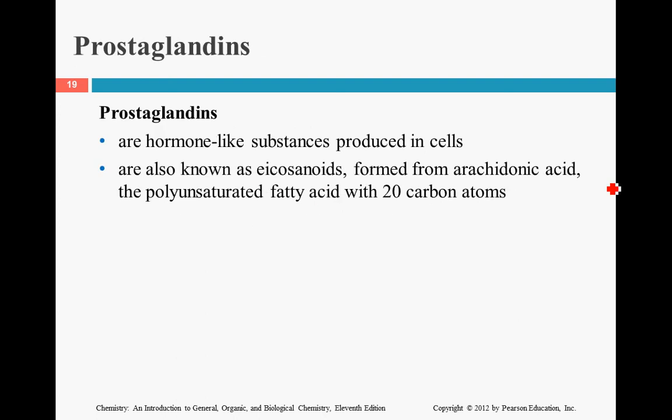We're going to switch gears a little bit and talk about how these react in our body. Prostaglandins are a hormone-like structure that has 20 carbons. Icosanoids is what they're also named for, and that's because ico means 20. They start with an acid that's found naturally in our cells, arachidonic acid. This is a polyunsaturated acid